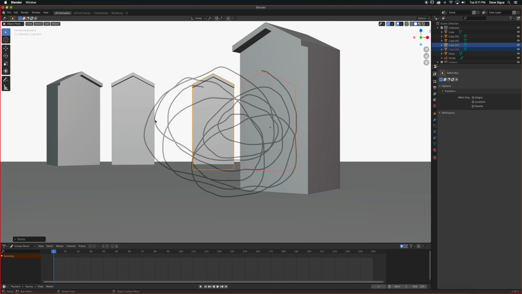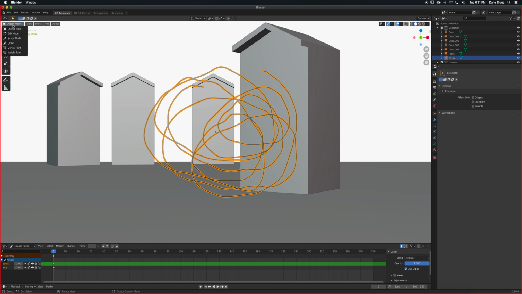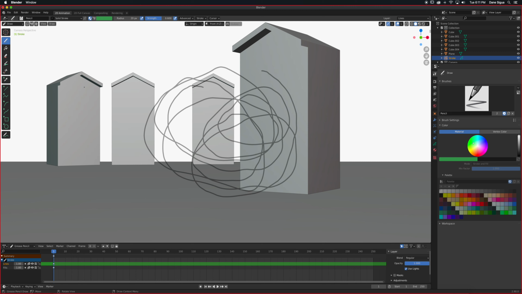You can also do 2D animations or grease pencil draw lines on this one. Okay, because when we switch back to, let's say, if I select this one and I switch back to draw mode right here, so we're back to 2D right here, you can draw on a specific location.